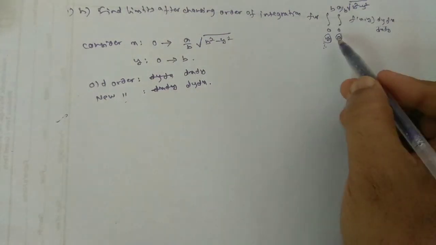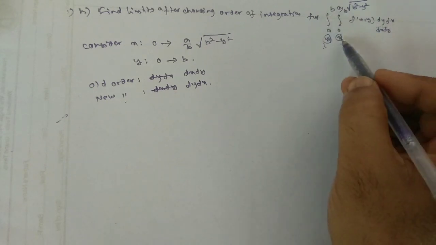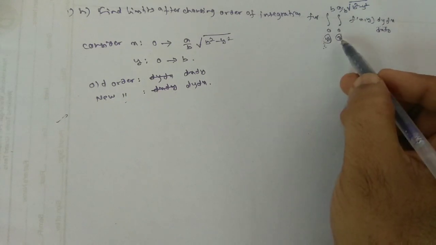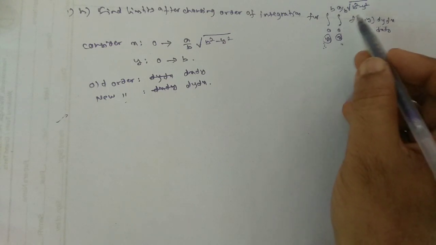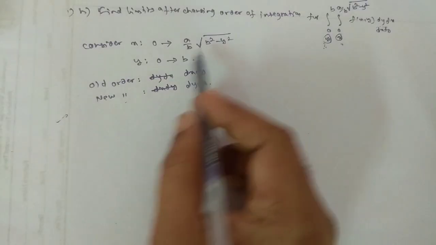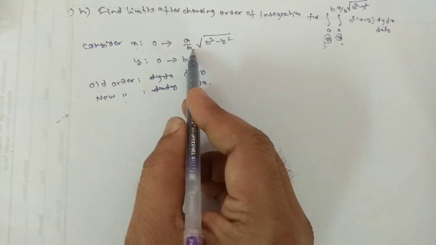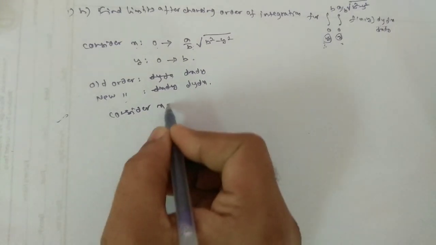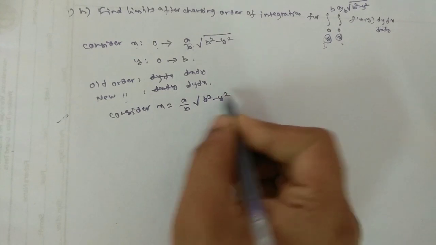Okay. Now you look again at the given problem. Here the y variable is in terms of real numbers, the x variable in terms of a variable. So now it is reversed. Reverse means x should be in terms of real numbers, y should be in terms of variables. So in order to get that, I am just considering your limits. What limits have they given? x equal to 0 and another is this value. So I am taking that value. Consider I am just taking x equal to a by b under root of b square minus y square.